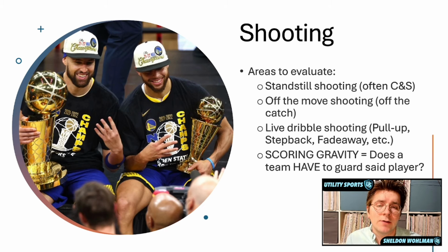But the number of opportunities and the types of looks teams are taking have shifted away from post-up play and just pick and roll with the idea of two people getting to the rim and hopefully finishing with an offensive rebound, anything like that. Really, the game has transformed to a wider degree of difficulty, and players like James Harden, Luka Doncic, Damian Lillard, Steph Curry have all really helped usher in this new style of play as well because of how dominant they've been playing